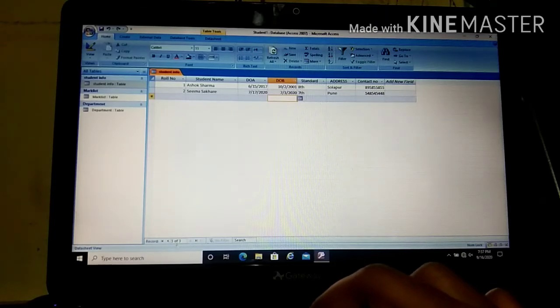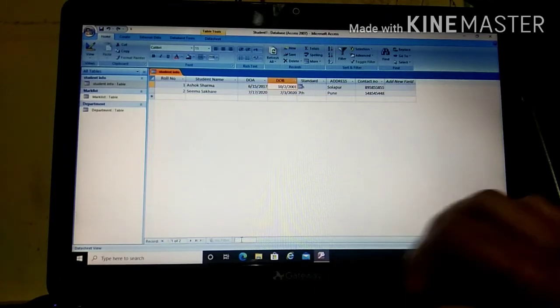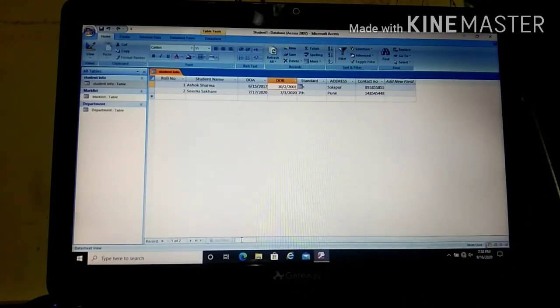Here you can see how many records we have seen, previous, okay, and here we can directly search. Suppose you want to search through your roll number or through your name, it is possible. You just have to type it. For example, roll number 2. Wherever that 2 is there, you can see. Okay, we'll search. Now suppose I type the name.